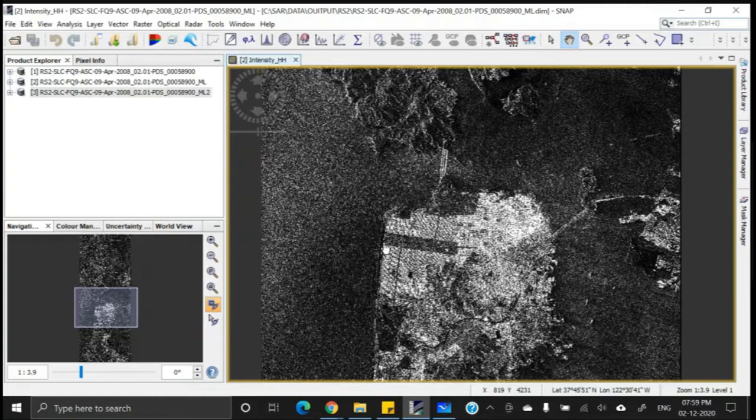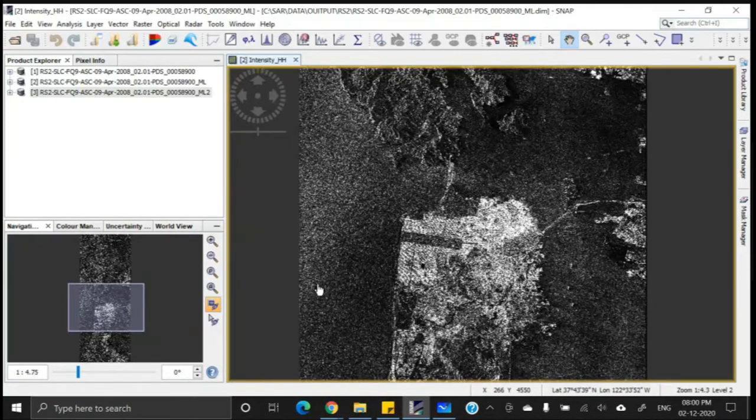Okay, you have to follow, I am repeating again, you have to follow the exact same sequence in each and every case. Okay, so backscattered image generation in some of the software is also known as radiometric normalization or radiometric calibration. Whatever you say, it is basically, if we take a cross section of this image, for example, over here, then for the homogeneous area, for example, here we have the water bodies.